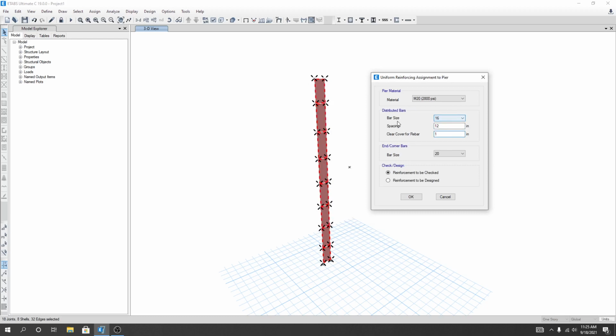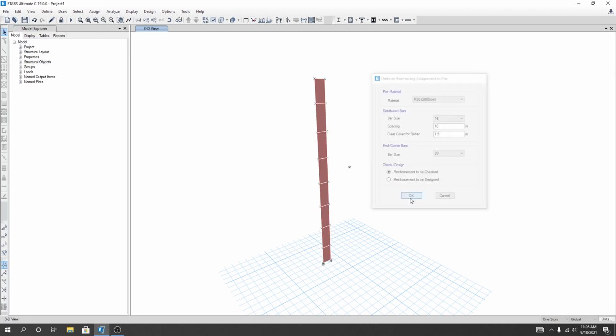We will use this material property, then for bar size I will use a 60 mm bar, then spacing I will use 10 inch spacing for our distributed bar, and for cover rebar I will use 1.5 inch, and for corner bar I will use a 20 mm bar, no problem. And first of all I'll click here, reinforcement to be checked, I'll click OK. After that, again